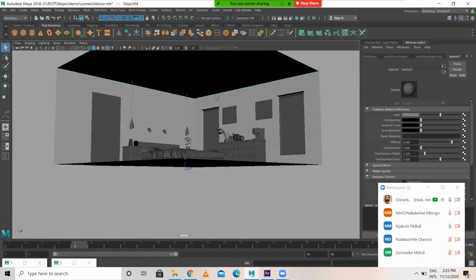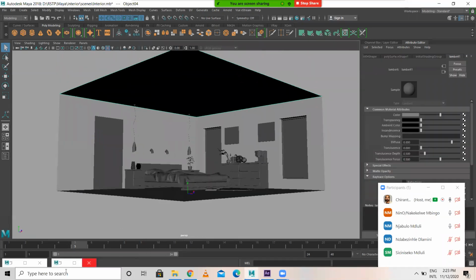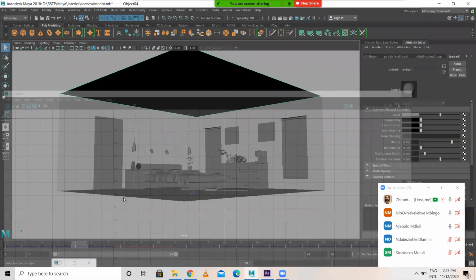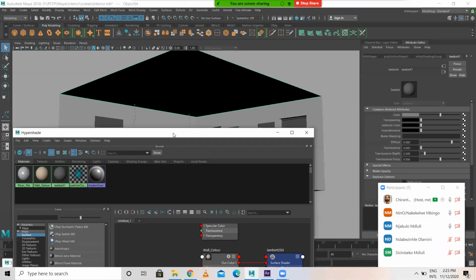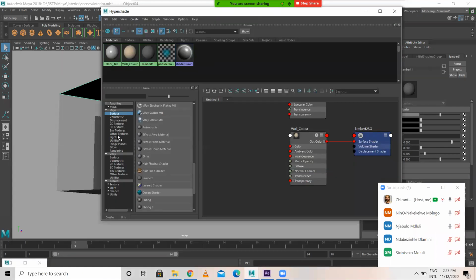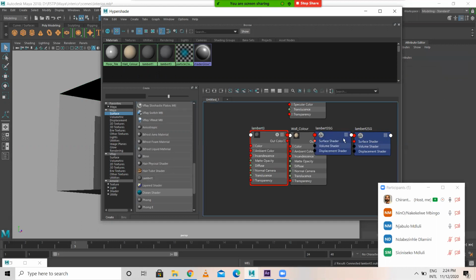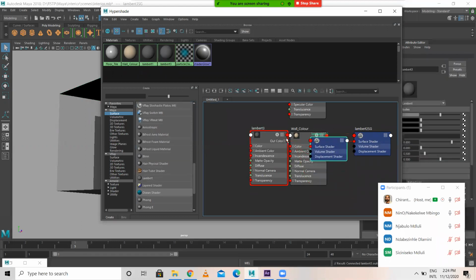Okay, this is ceiling. Let us apply ceiling color for this. For ceiling also, I'll take Lambert and another Lambert, and I'm not applying any texture to this.